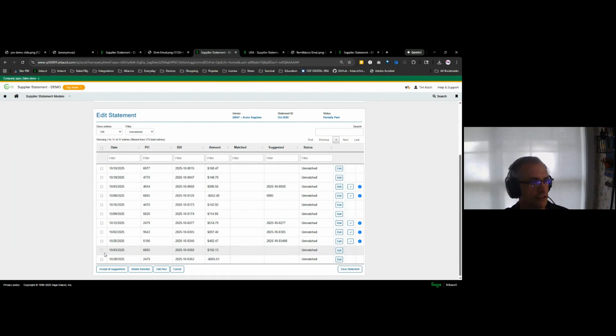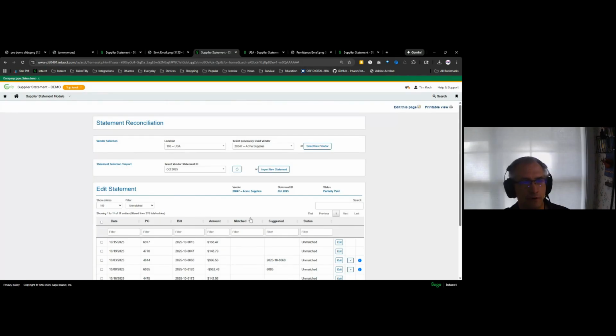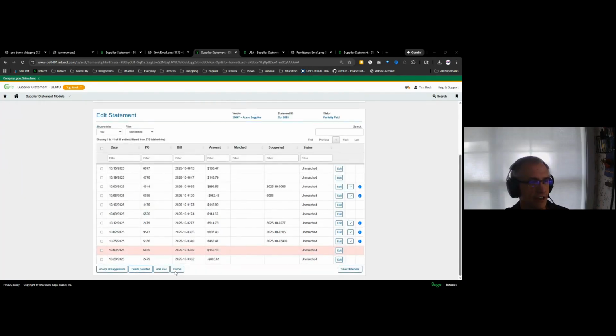And maybe there's a transaction here that, oh, I've already talked to the vendor about this. This is not a bill that we're paying, and you can select it and delete it, and then it would highlight it. So I can make changes within the edit screen, and then when you're done and fixing to save it, okay, I'm updating a couple of lines, I'm deleting a line, and it goes through the validation and saves all my changes. So that's a way to enable you to quickly address the discrepancies on the statement. I'm going to go ahead and cancel out and go back to the